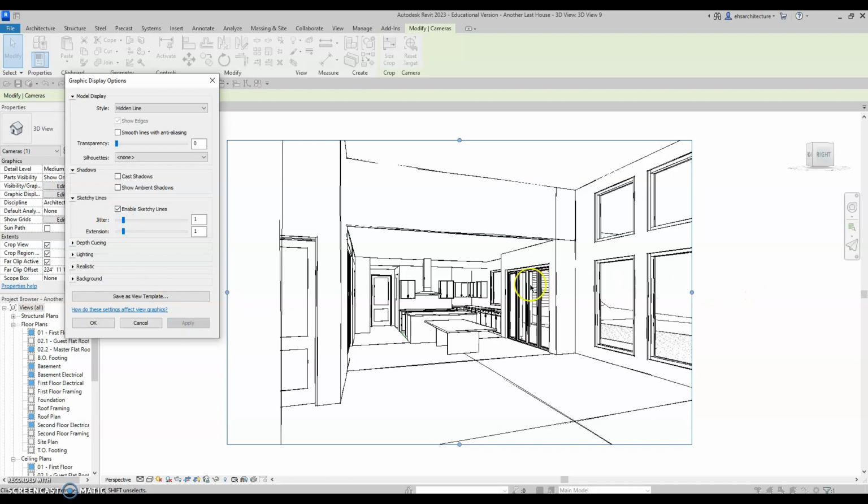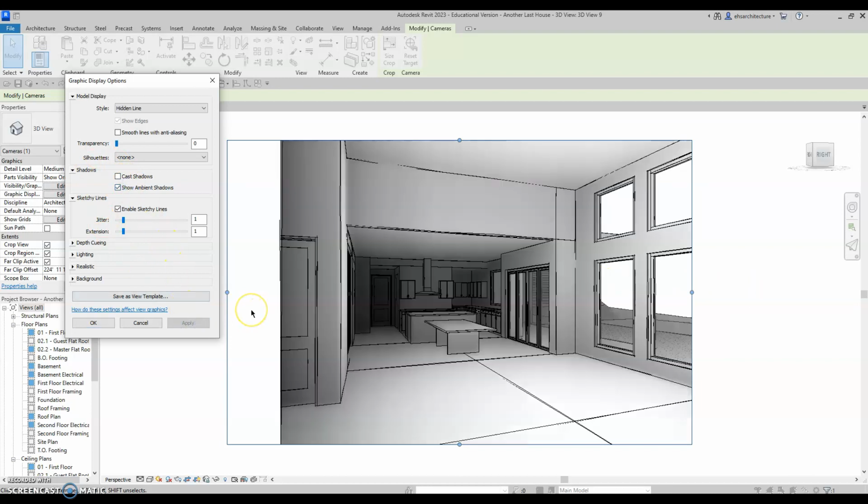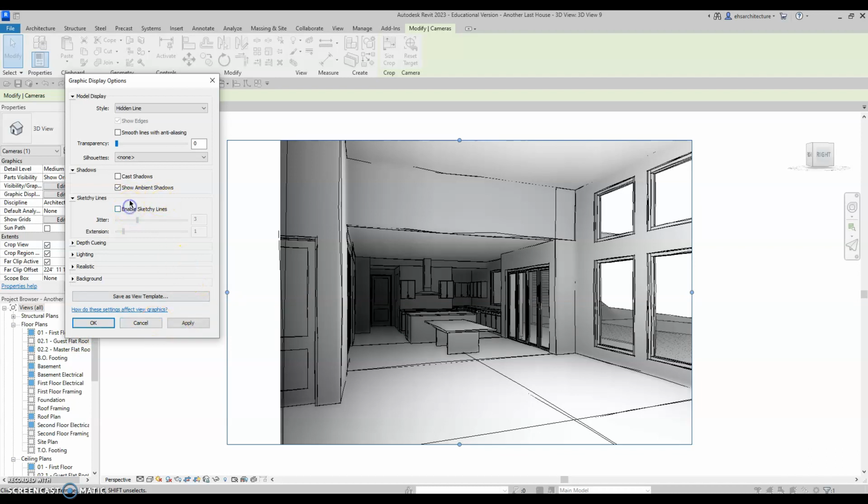So there's the freehand sketch, and that looks pretty good with ambient shadows. You can turn on more jitter as well. I'm going to turn that off. I'm going to go back to smooth lines